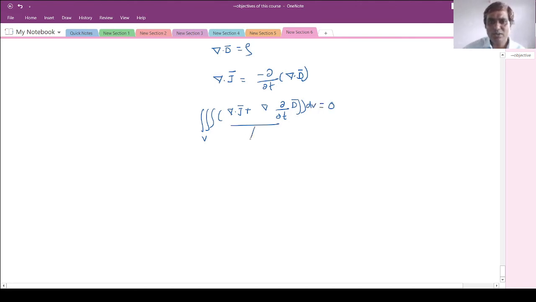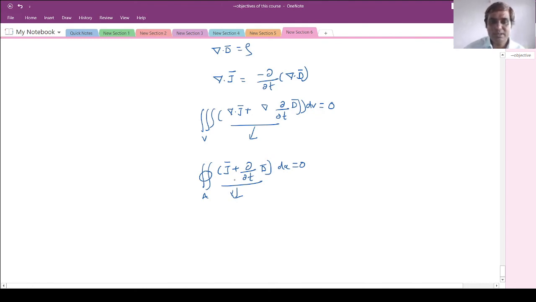According to the divergence theorem, I can, according to my convenience, use the divergence theorem to convert the volume integral into a surface integral or vice versa. So I can write this over the surface, and the divergence operator will be removed. It will be J bar plus dt of d bar over small area equal to 0. This is valid for any arbitrary area.